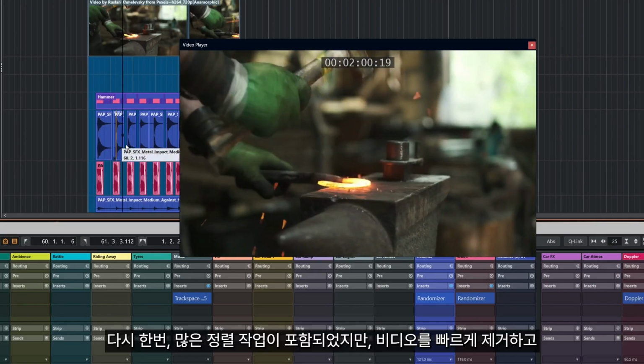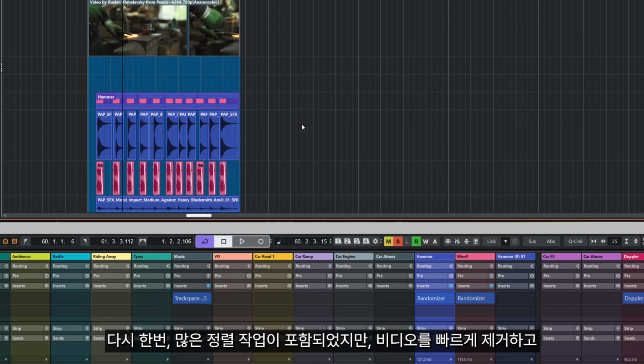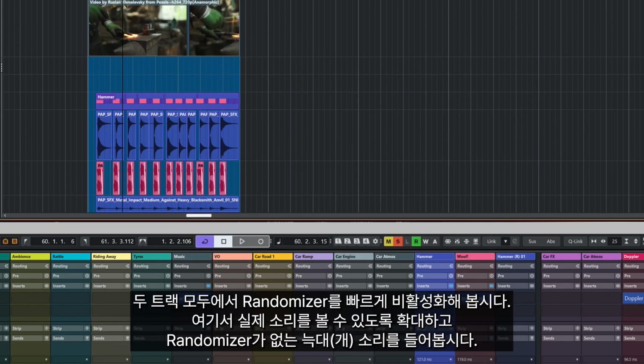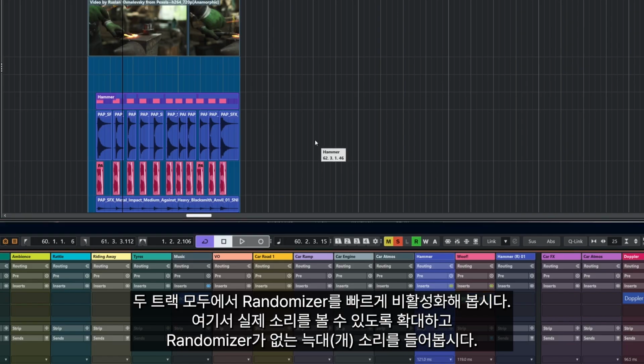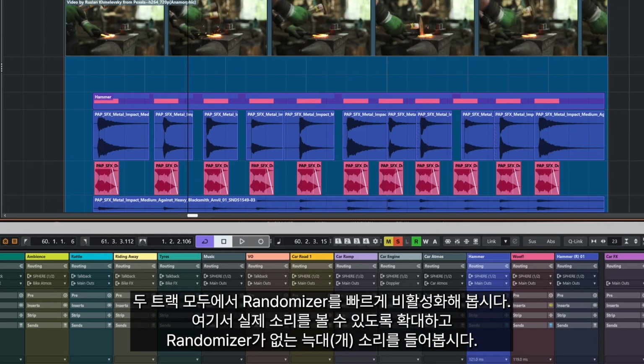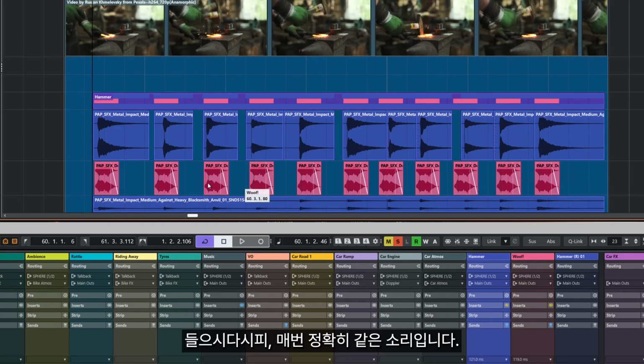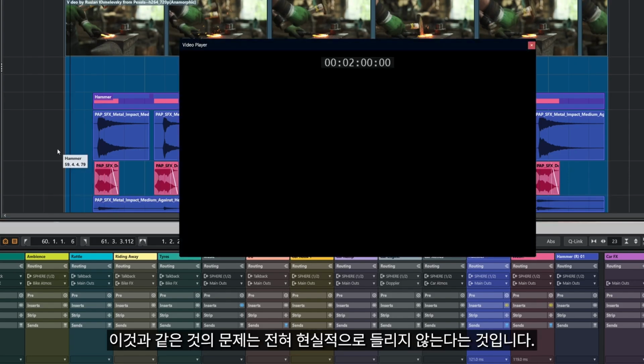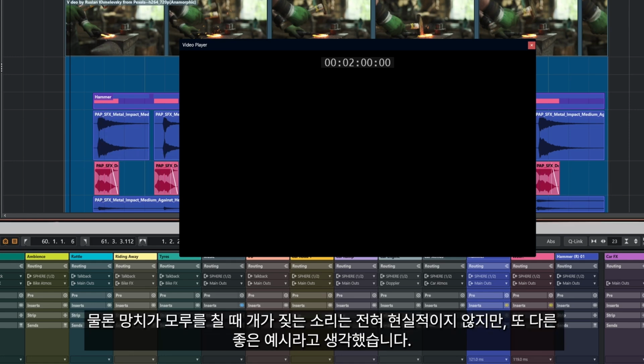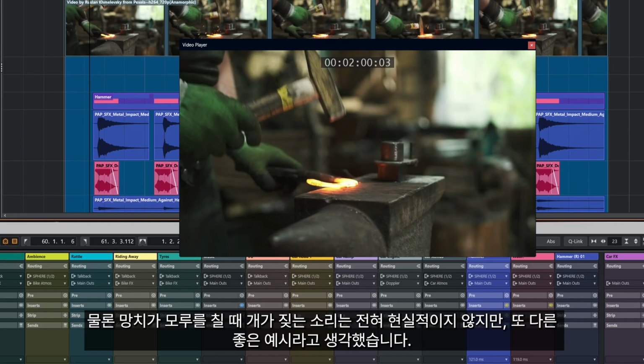once again, there was a lot of lining up involved, but if we just quickly remove the video and if we quickly disable the randomizer on both of those tracks, let's zoom in so that you can see the actual sounds here. And let's have a listen to the woof without any randomizer on it. As you can hear, it's exactly the same sound every single time. And the problem with things like that is it just doesn't sound very realistic. Obviously, a dog barking when a hammer hits an anvil isn't realistic at all, but I just thought it was another good example. But